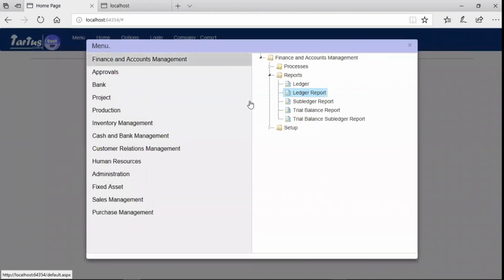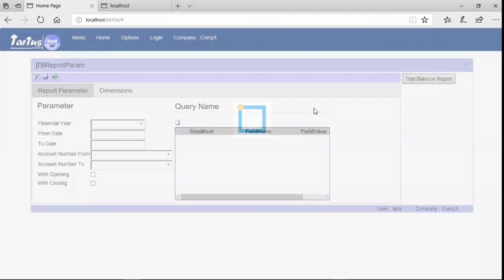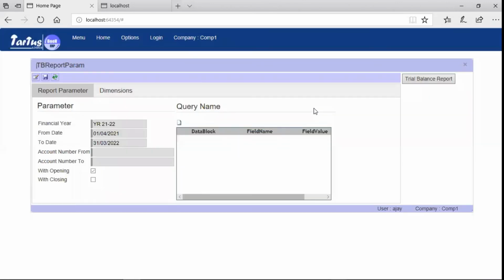We will navigate to Finance and Accounts Management, Reports, Trial Balance Report. We will run it for financial year 2021-22.